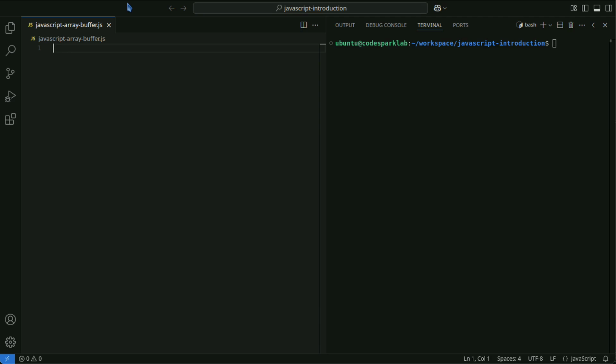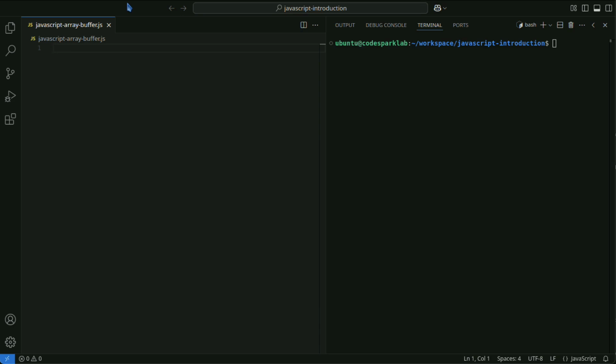JavaScript's ArrayBuffer is an object for handling low-level binary data and is particularly useful for manipulating binary data in web APIs, file operations, and network communications. ArrayBuffer is a data structure for handling fixed-length binary data. It allows handling raw binary data that cannot be handled by regular JavaScript arrays or objects.